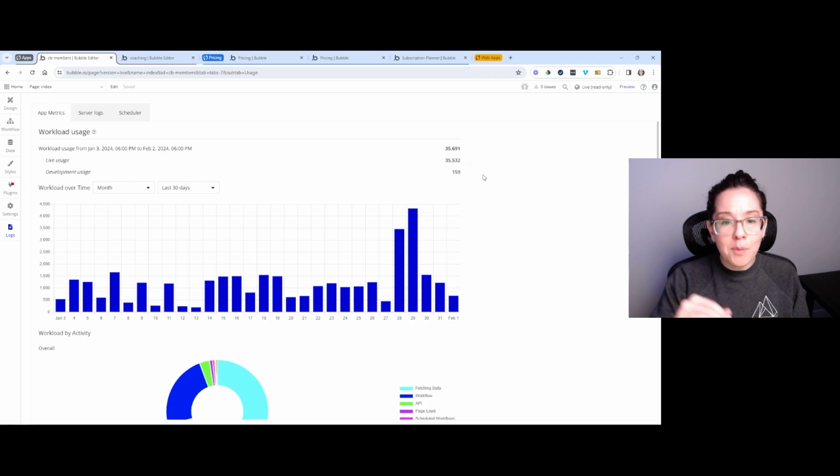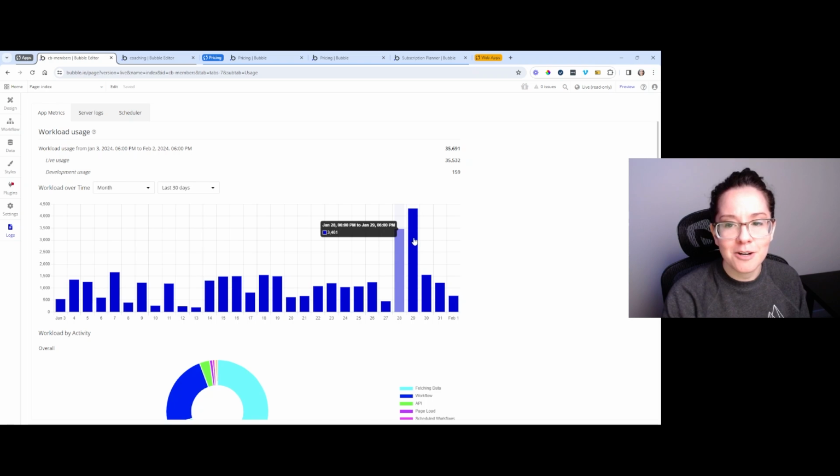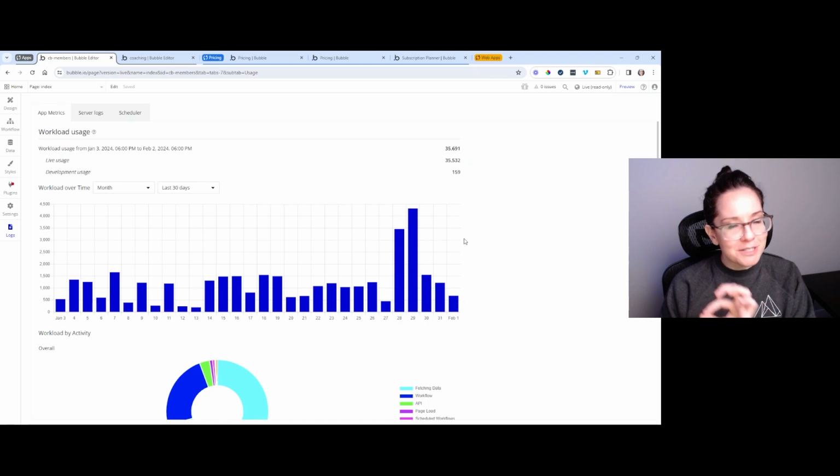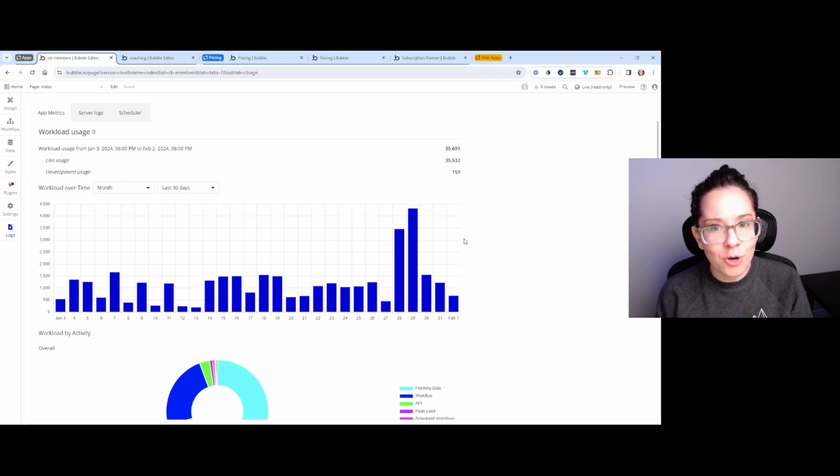The up and down bars that we see here in the activity is just the users, right? On some days there will be more usage than others. Now you'll notice that there was a bigger spike these two days, and that is precisely reflective of a change we made to a particular feature. It was a little bit more intensive than we thought, and so we quickly made a correction. But that's exactly what this is for. This is exactly why you want to be vigilant about these things and make it a habit to come here